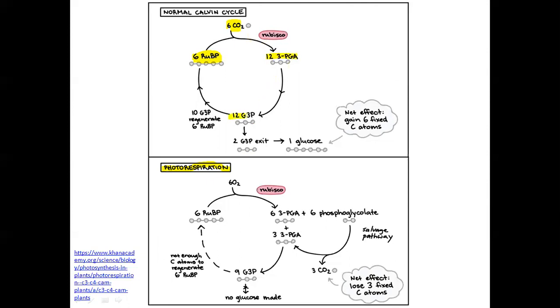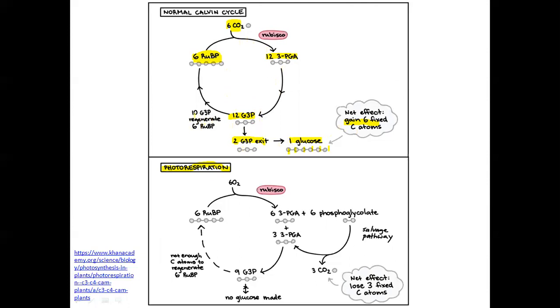Then they have 12 molecules of glyceraldehyde 3-phosphate, and 2 molecules of glyceraldehyde 3-phosphate will produce 1 molecule of glucose, so they will gain 6 fixed carbon atoms: 1, 2, 3, 4, 5 and 6 carbon atoms. So two Calvin cycles will synthesize 1 glucose molecule,